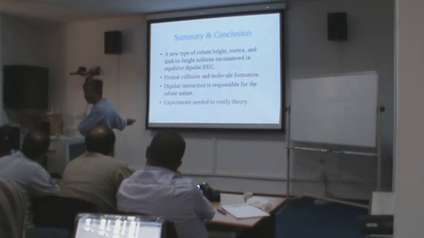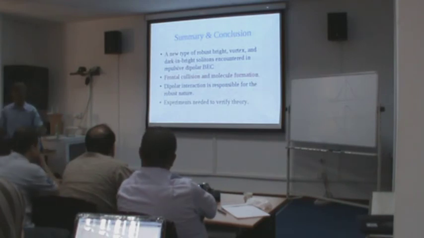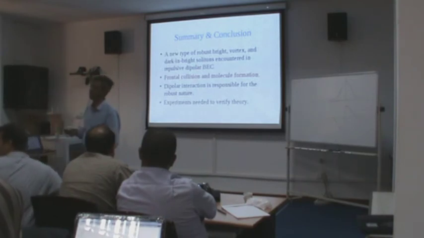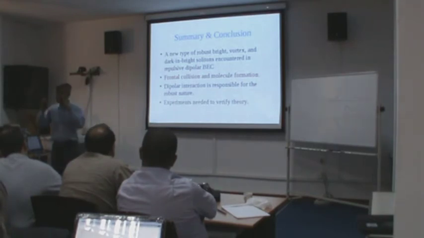Suppose you try to do the same experiment without dipolar interaction. I did it, and they get very easily destroyed because they are not so stable. They will be destroyed even without crashing into each other. They are easily destroyed in 1 dimension, what I am saying, not in 2 dimensions. In 1 dimension, they are easily destroyed because the balance is very delicate.